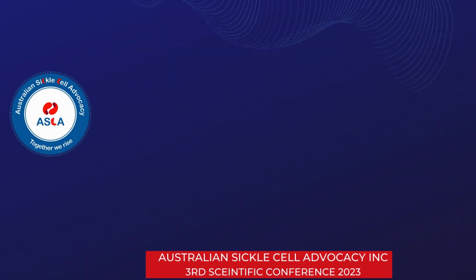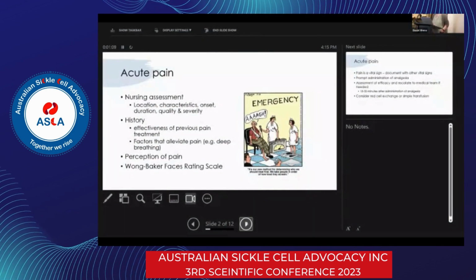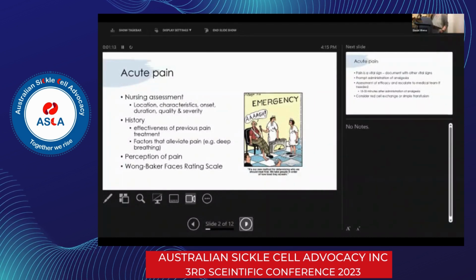And now I will skip the details about acute and chronic pain because that's already been covered. But from a nursing point of view, assessment is really important when you've got a patient on the ward or in your outpatient clinic or on the phone. It is often the case that a thorough assessment to determine the type of pain, where it is, how it came about, how long it has been going on for, severity of pain, just to get a good overview of what's happening. And that can help determine, particularly if it's on the phone, whether the patient needs to come to hospital,